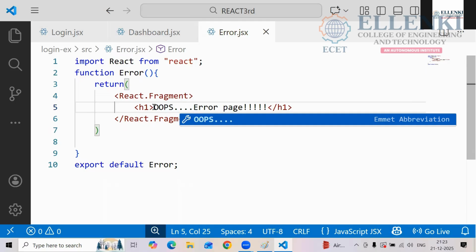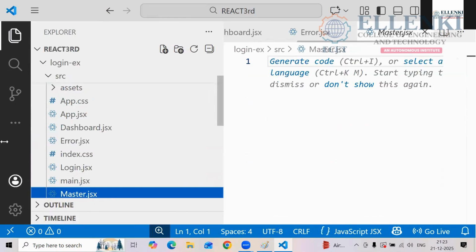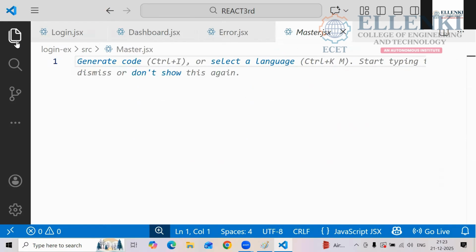Now you have to write the master component. Yes or no? Now the cinema will start. Master. What do we have to do in the master? Which one do you have to import first? React.